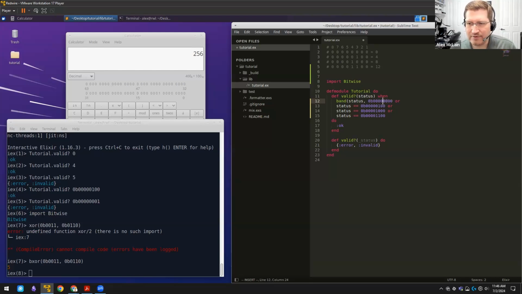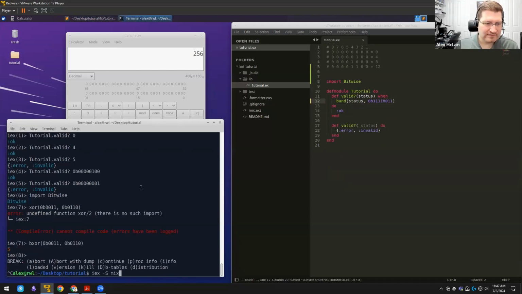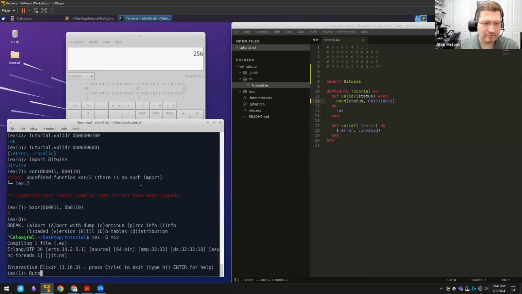So we're going to say we care about those 4 bits. We don't care about these 2, so 0s, and we do care about these. And now we don't need any of those statements there. So now if we go back and run this code,